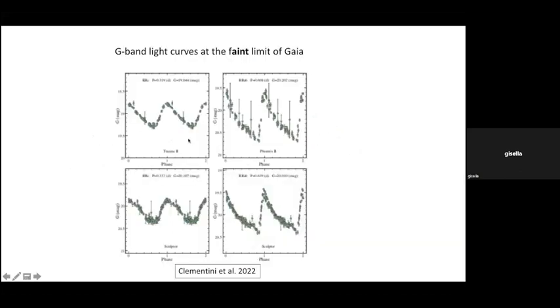And of interest, for instance, are these light curves that are at the limit of Gaia, which is where we are really going to get an advantage from LSST, because we have magnitude 21 in Sculptor, for instance, which is what Gaia can reach for the RR Lyrae in Sculptor, and that LSST will observe much better, and also in the other ultra-faint dwarfs like Tucana 2 and Phoenix 2.